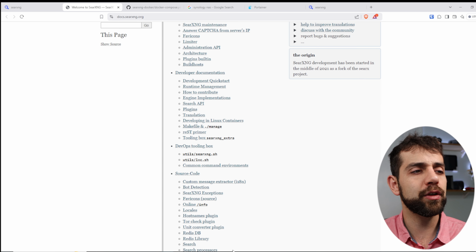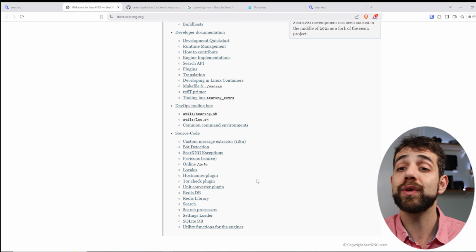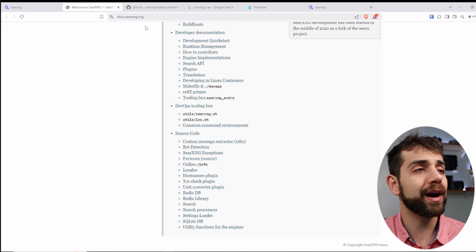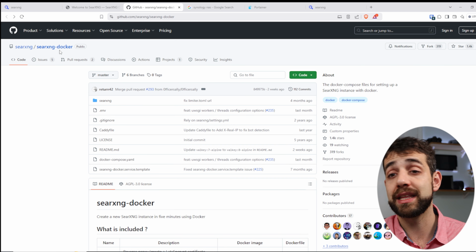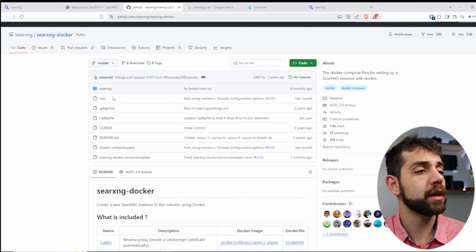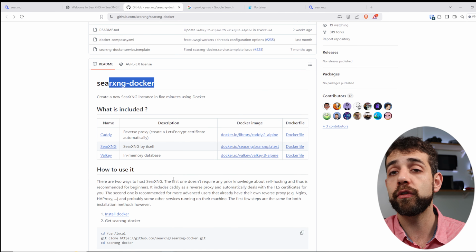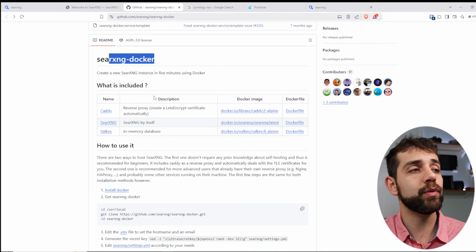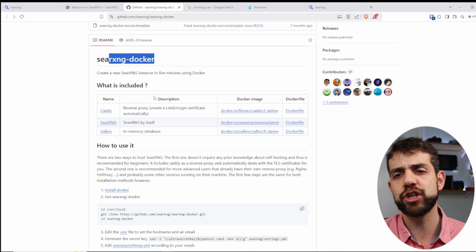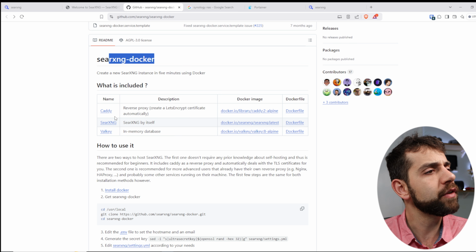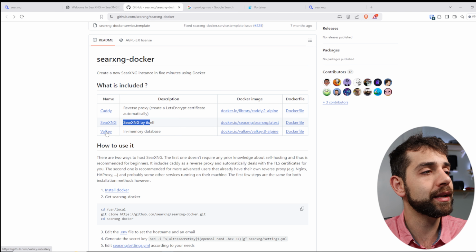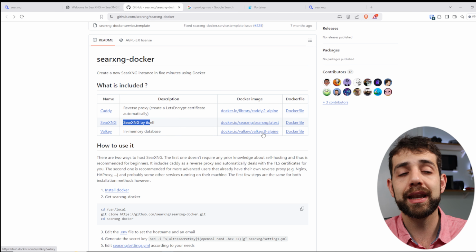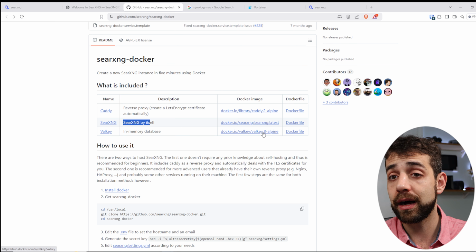And here they will explain a little bit more, but I'm not worried about it. I want to install this application. How do I install it? I come here to the GitHub website, and here is the official information, and here they will say a little bit more about this search engine, and they will give 3 applications that are included in this package. The first one, Caddy, which will have the reverse proxy. Second one is the proper application, and third one is Redis, and this one is the memory